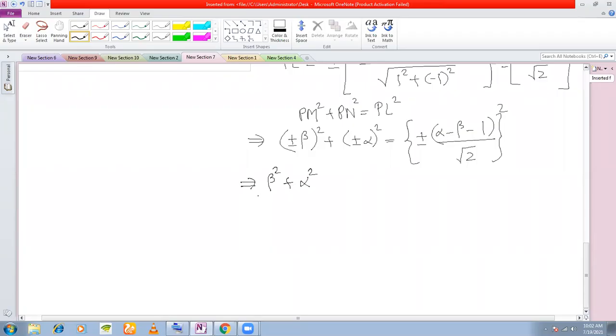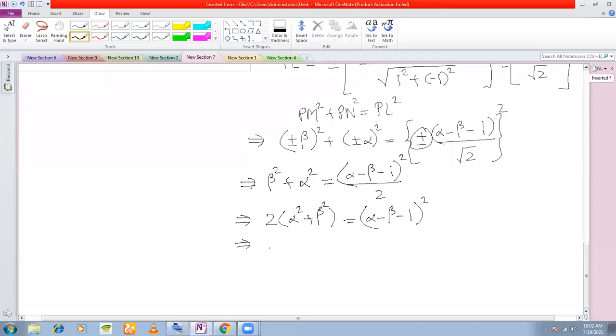Plus or minus beta, if you square, it will become simply beta square. Plus or minus alpha, if you square, it will become simply alpha square. And here also we are squaring, so this plus or minus will get removed. We'll get (alpha minus beta minus 1) square divided by 2. So now you cross multiply, you get twice (alpha square plus beta square) is equal to (alpha minus beta minus 1) whole square. Now you just simplify this a little. 2 alpha square plus 2 beta square is equal to, and you expand this by the (a plus b plus c) whole square formula, which you learned in class 9,